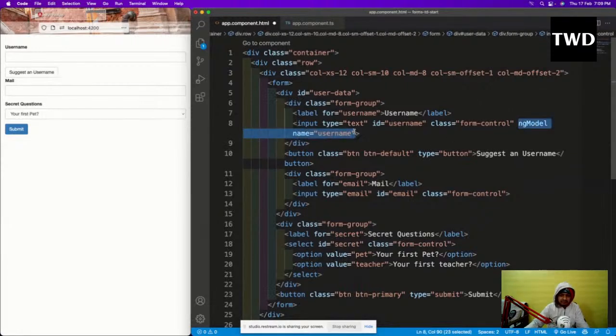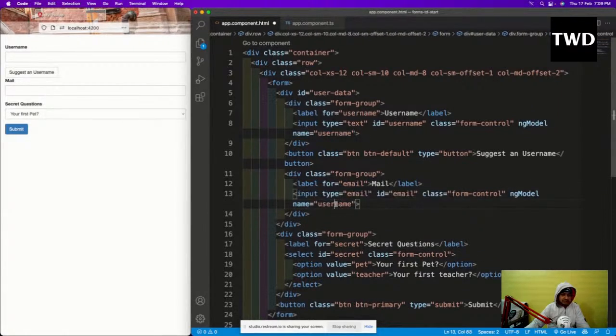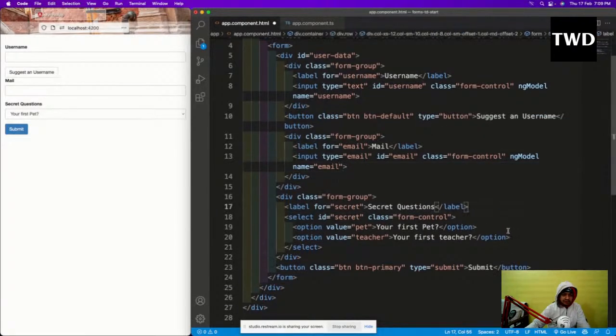Next, for this email, ngModel name is email. Then after this again a form group is there, this select thing, and here ngModel name is secret.